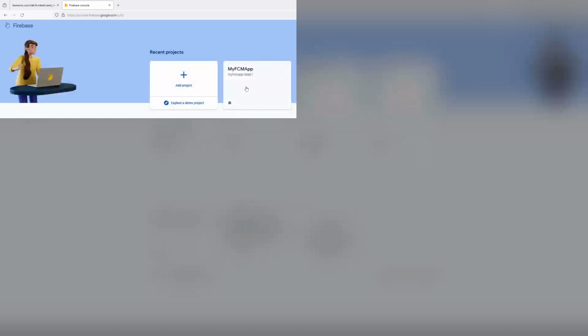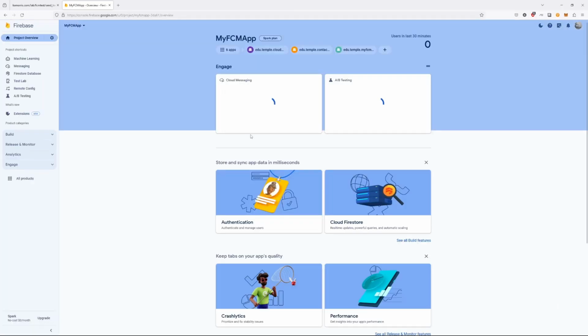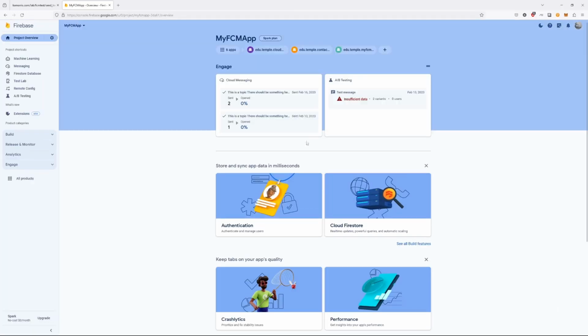And what I'm going to do is I'm going to select the project that I was using before. And then my goal is to find the API key